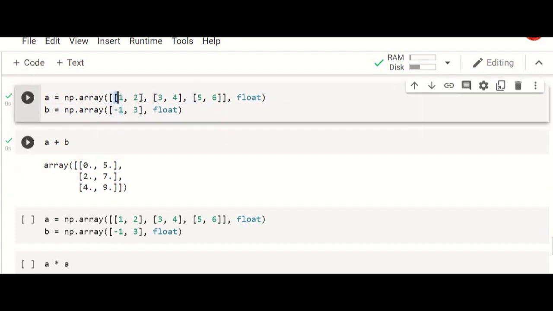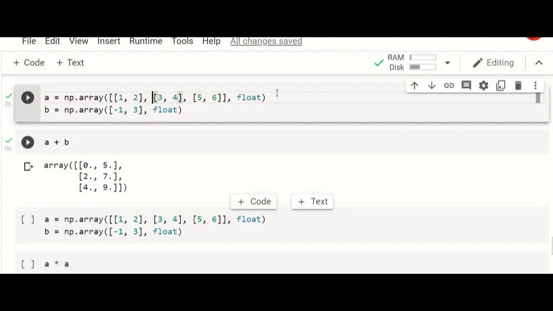That means the first row of the A matrix is added with the first row of this B array. Next, even though you have only one row, the second row of this will be taken and it is added with the same row. So 3 minus 1 is 2 and 4 plus 3 is 7.